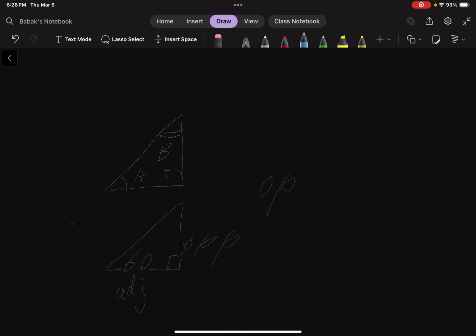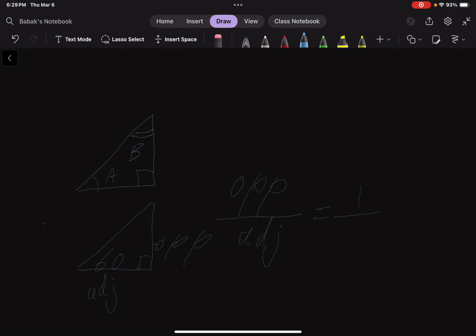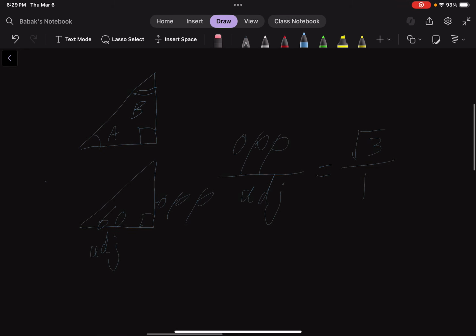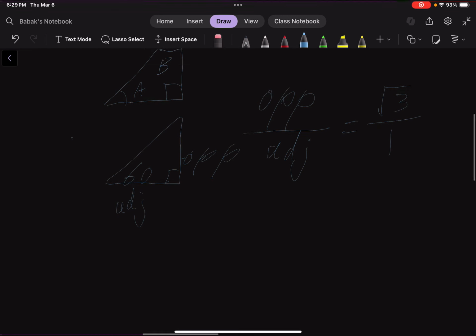So, opposite over adjacent is equal to 1 over root 3. Or actually, I apologize. This would be root 3 over 1. This will always be the ratio. And now, we may further discuss another matter. For these similar triangles, we can make a specific case wherein, if I may have a moment to think,